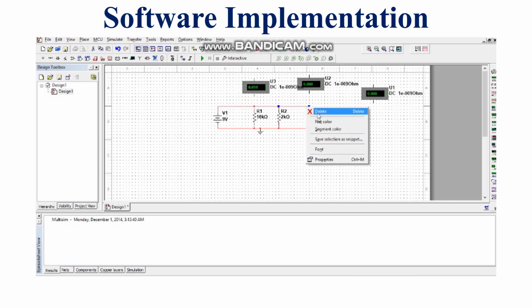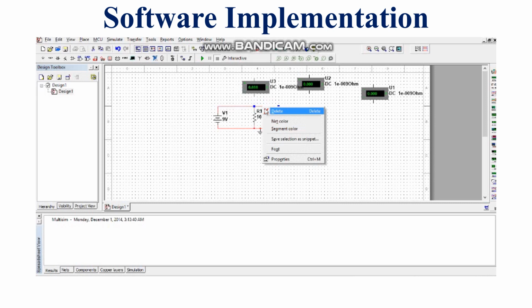So for the series circuit, we will disconnect these terminals. Disconnect all these terminals. Connect the negative terminal of this ammeter with the resistance and positive with the next ammeter.